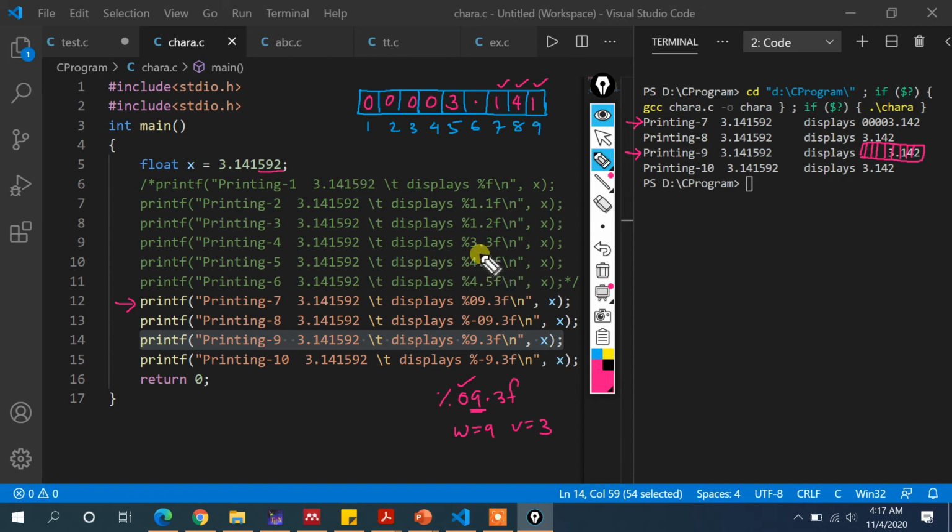Well, so that means you can see whenever you are writing %09.3, then 0 gets appended before the number. And I have already explained that whenever you are writing %-9.3, then the things will be displayed left aligned. If you are not using the minus symbol, then it is displayed right aligned as shown over here. And if you use the minus symbol, then it is displayed in the left aligned manner.